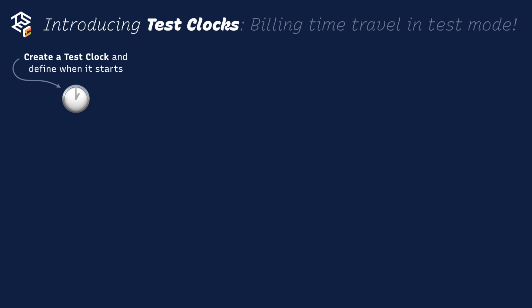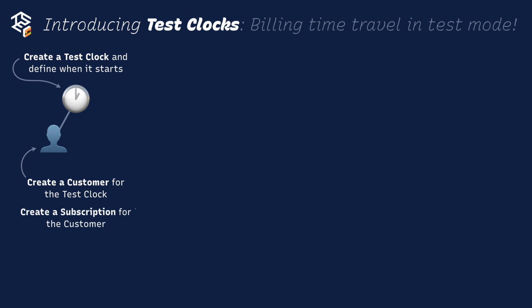First, we'll create a test clock and define when it starts. Next, we'll create a customer associated with the test clock and create a subscription for that customer. Test clocks define a special block of frozen time separate from the normal flow of time in test mode. The customers associated with a test clock and their billing objects will only experience time passing when you explicitly advance